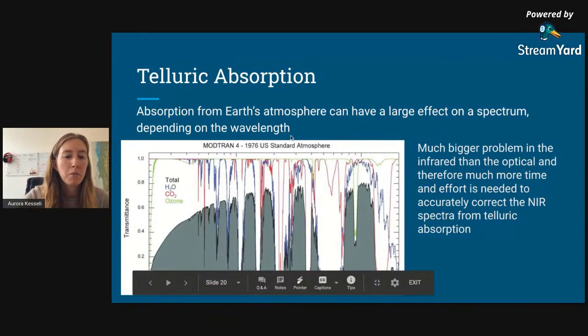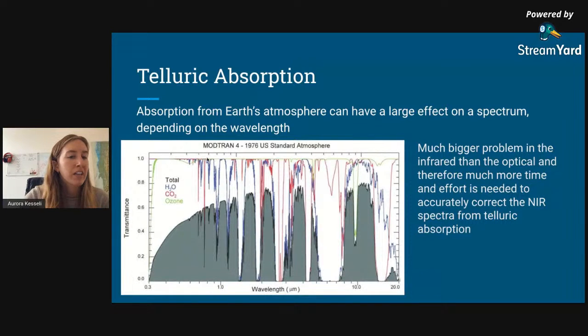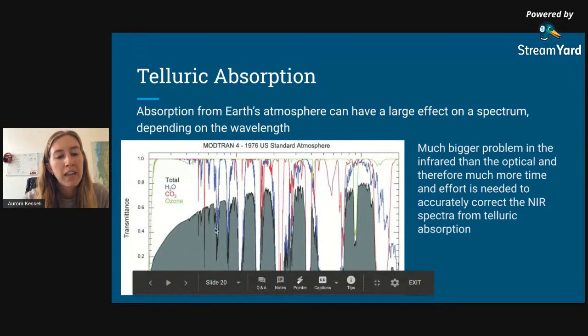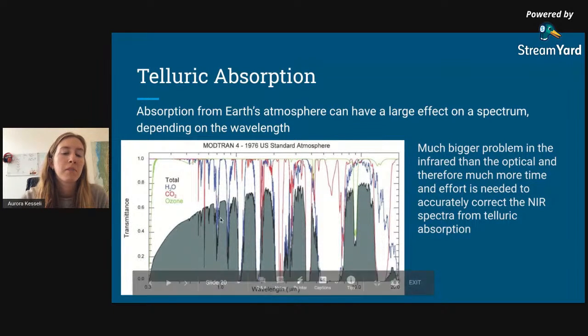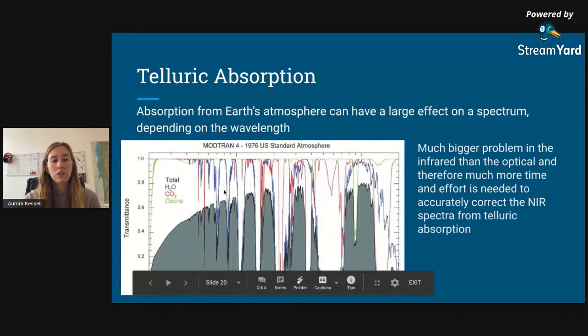But then from about 0.3 to 0.5 microns, we have very little of any other absorption. You can see that there's barely any water, there's barely any CO2. And so this visible area of the spectrum is pretty good for observing. But once we get to about 0.8 microns, we start getting these large absorption features from water in Earth's atmosphere. So there's a big one at about